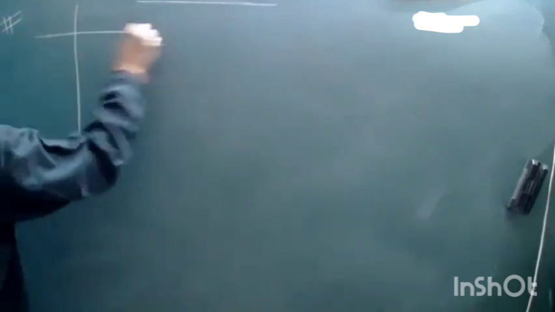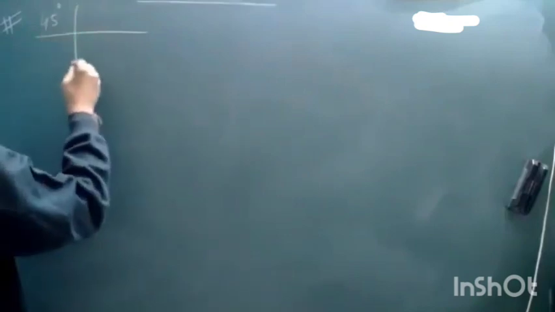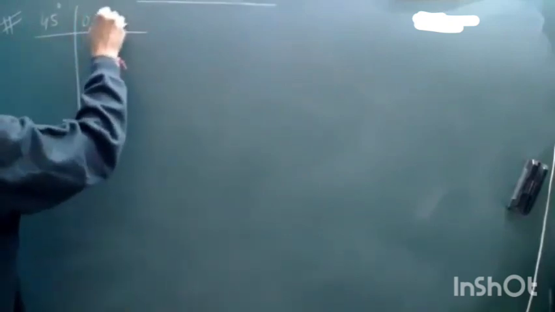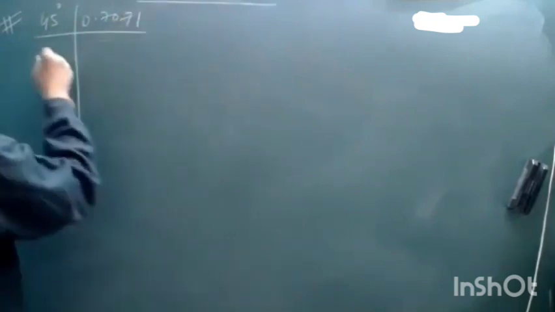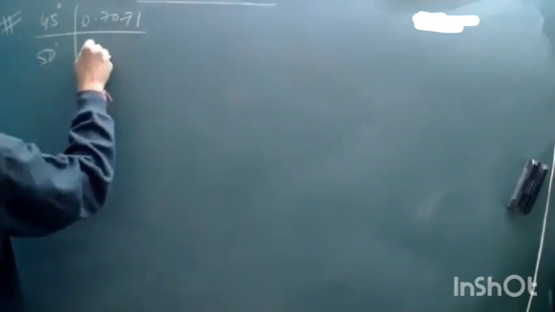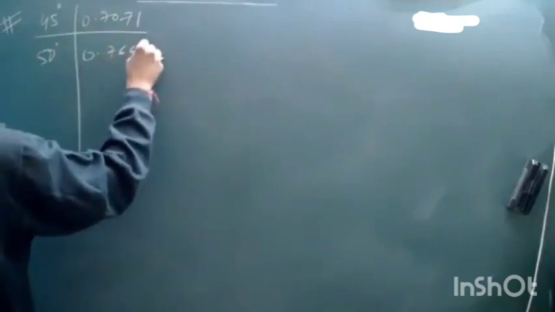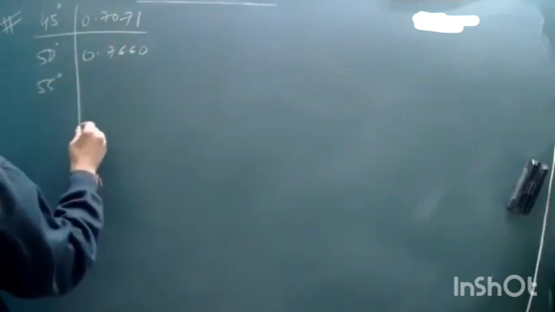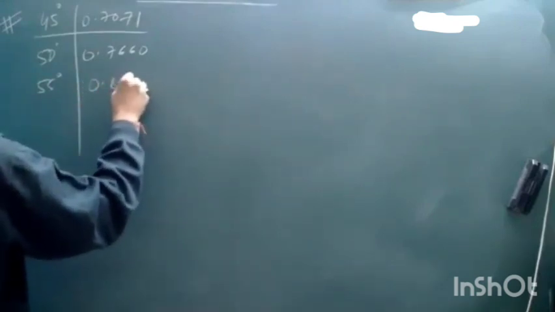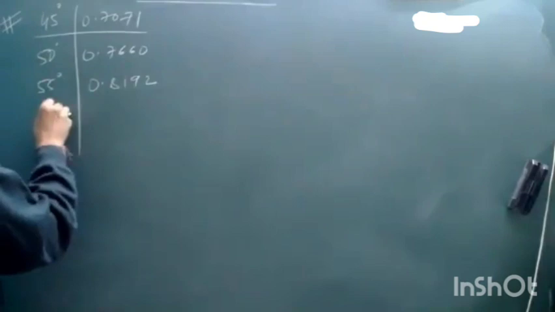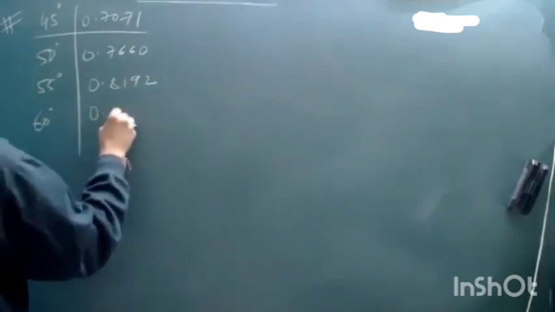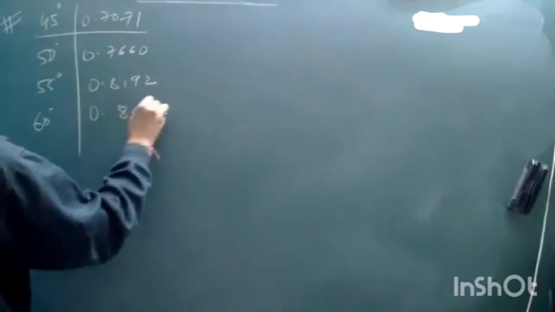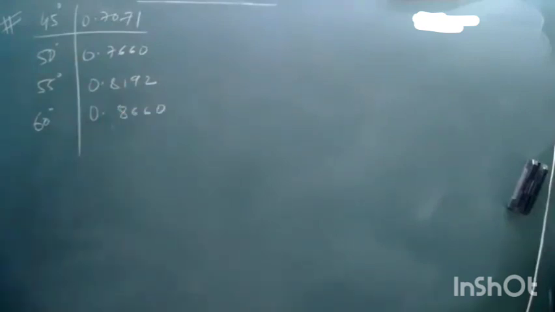The values were given in degrees: 45 degree, 0.7071, 50 degree, 0.7660, 55 degree, 0.8192, and 60 degree, 0.8660. This was given, and they wanted, so this is sine, suppose this is x, this is sine of x,